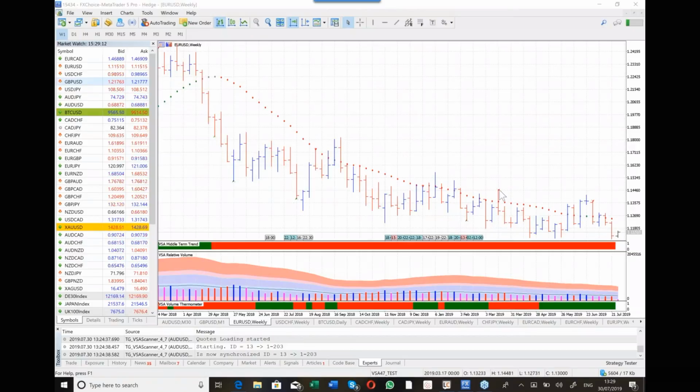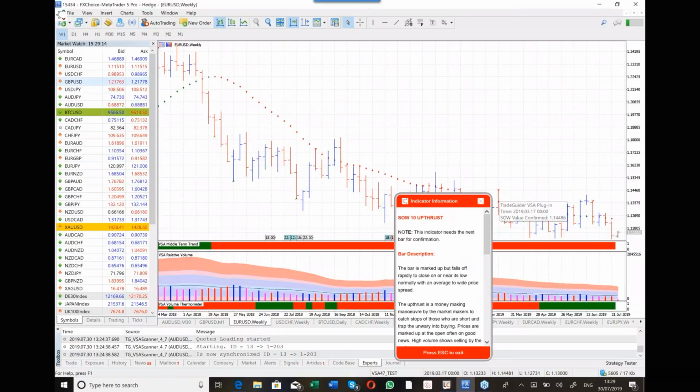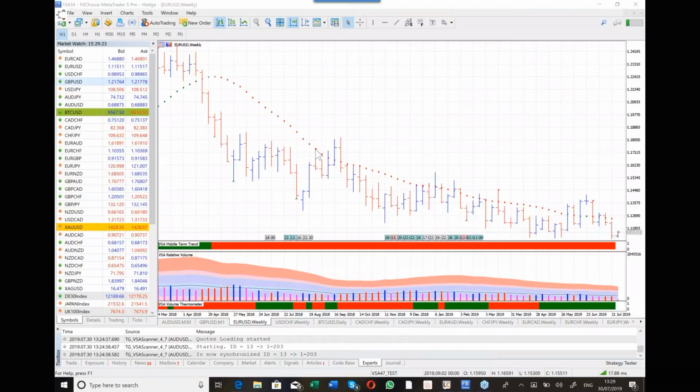So you obviously met with Tom Williams many times. We've talked about this indicator many times. In fact, you can see it again over here on the weekly. But I like to use these indicators on smaller time frames. How important, in your opinion, is it to trade these indicators in trend rather than trying to pick tops? Well, in the case of an upthrust, you do get them at market tops. Why do you believe it is very important for people to look for these in trend rather than trying to take them in an uptrend?